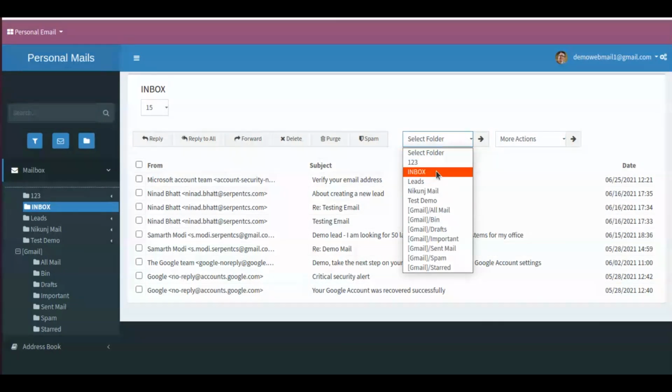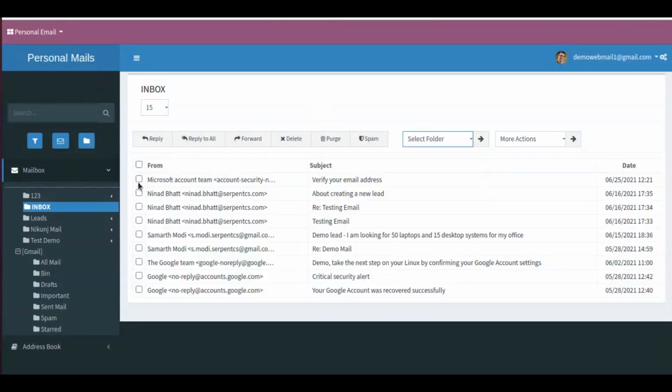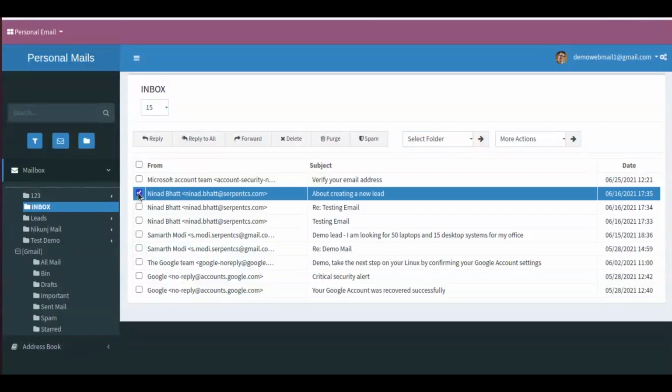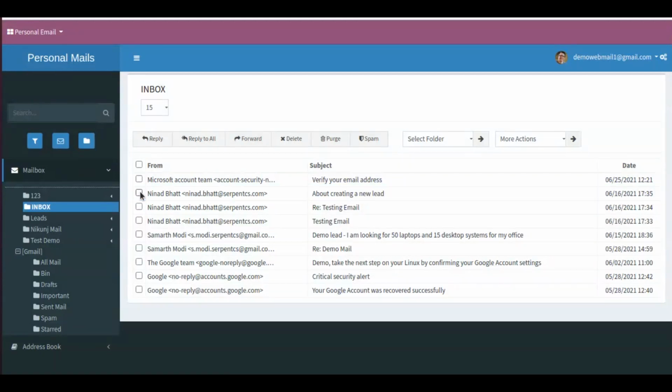Here we will be able to select all the folders that are currently available in our Gmail. If there is any mail that is spam, we can simply select and delete it or send it to the spam folder using this. If we want to forward that mail to a particular person or contact, we will be able to do it directly using this.